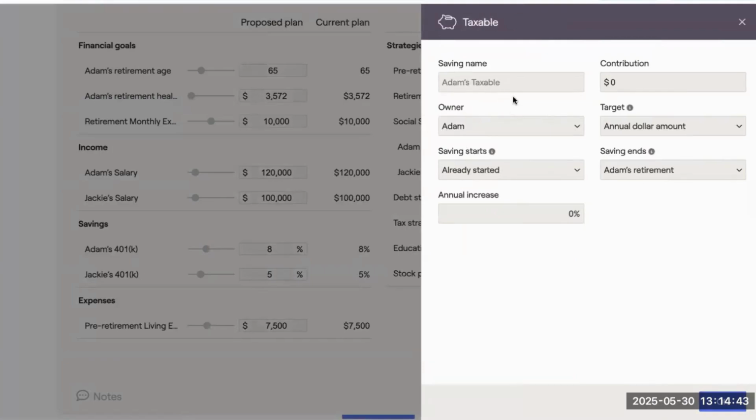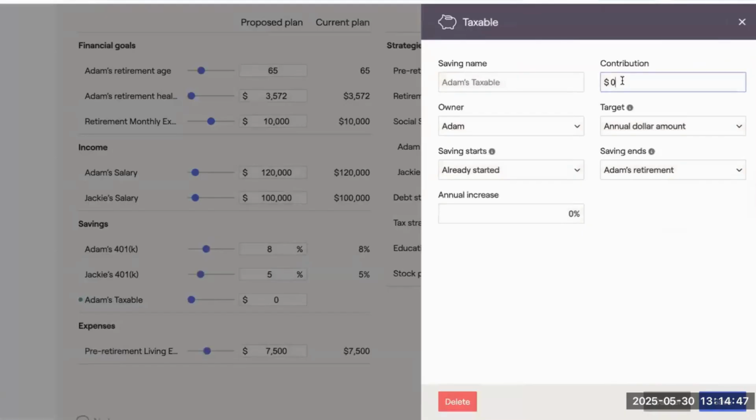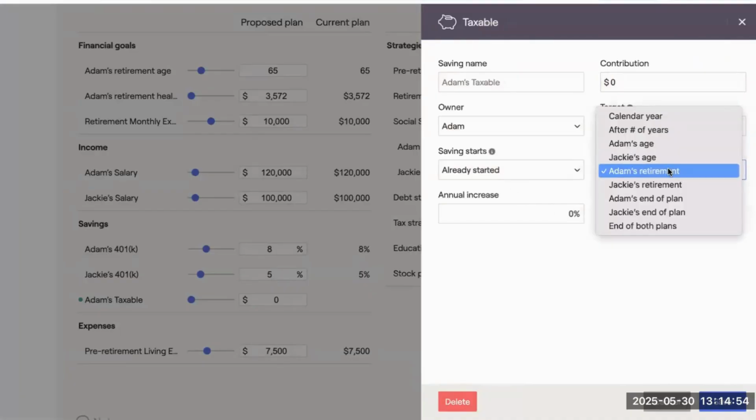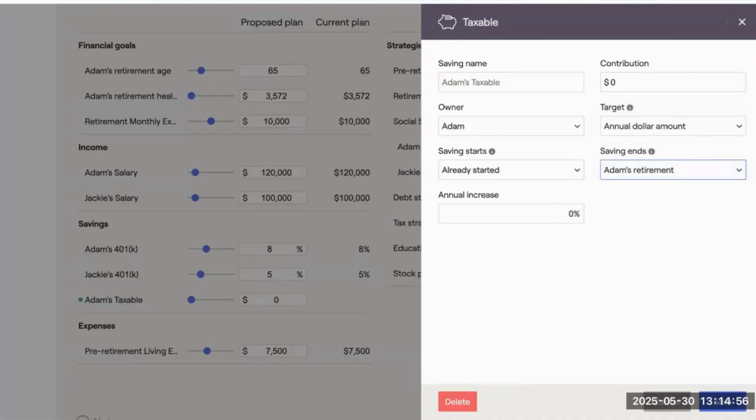And then here, I'm just going to leave it as Adam's taxable, and leave the contribution at 0 for now. Let's say I want to say from today, and then let's run this through Adam's retirement. I'm just going to quickly press save. This adds that proposed taxable card to the proposed plan. Oops, sorry, I'm going to just put in a contribution here. So once I press save,